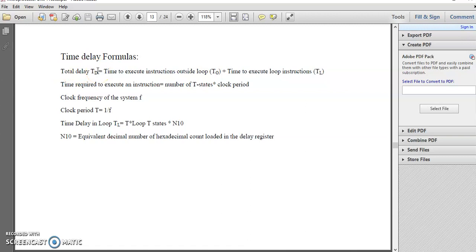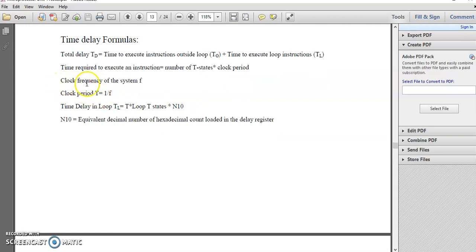So we can calculate the time for a single instruction. As we know, each instruction requires some T states or some number of clock cycles to execute. So the time required to execute an instruction will be the number of T states required to execute this instruction times the clock period. The clock period of the system will be calculated from the clock frequency.